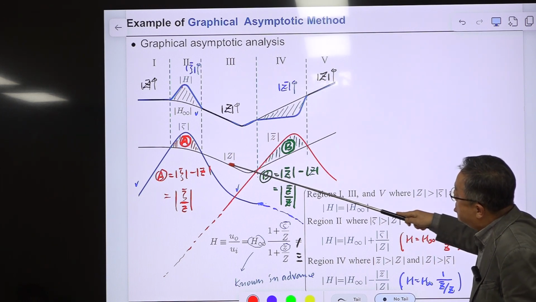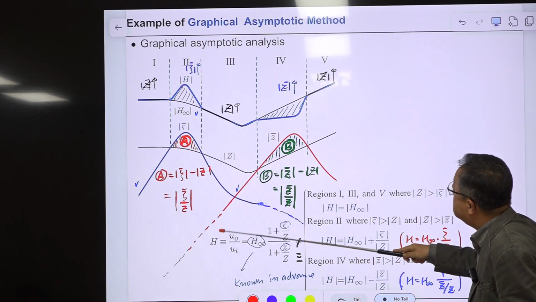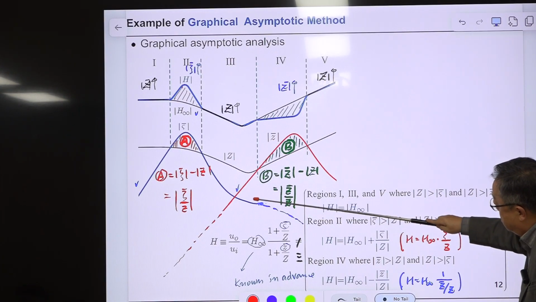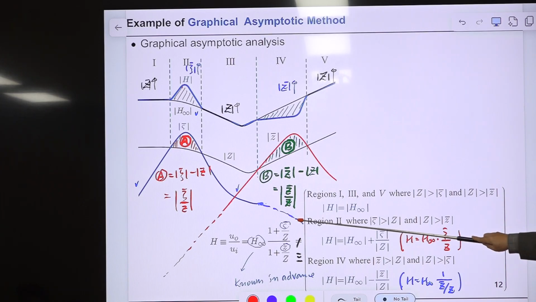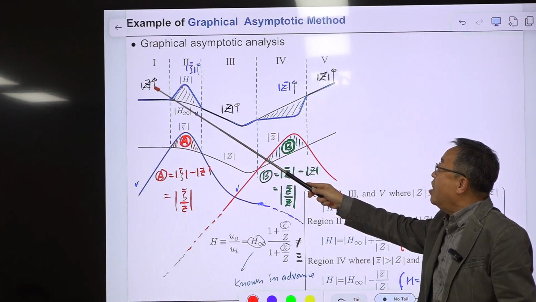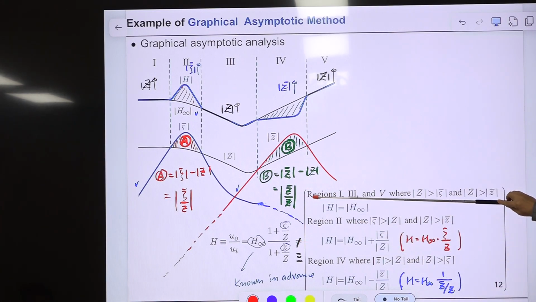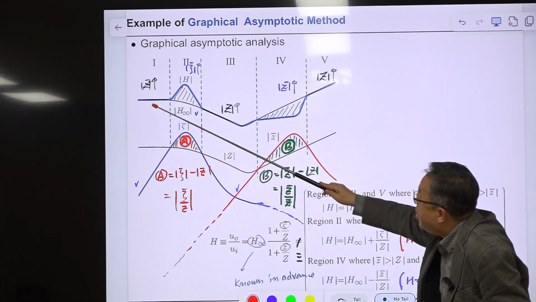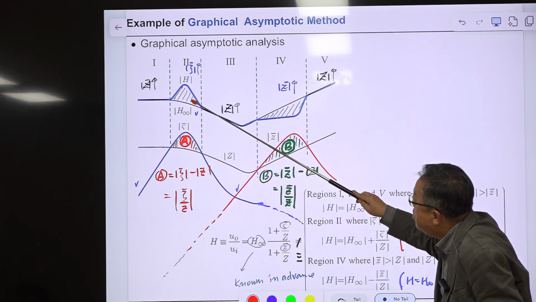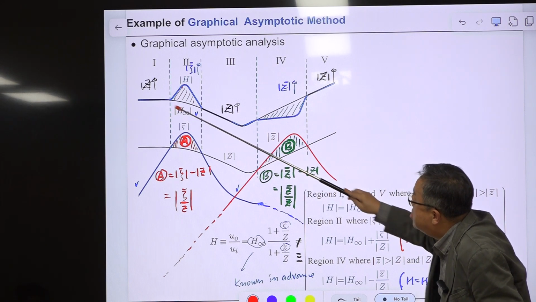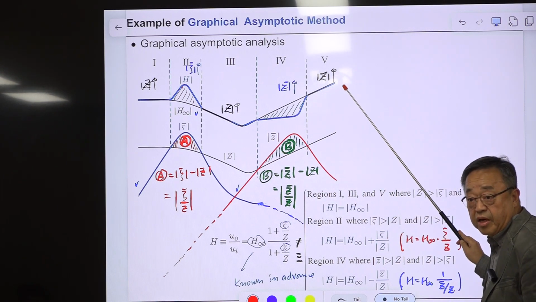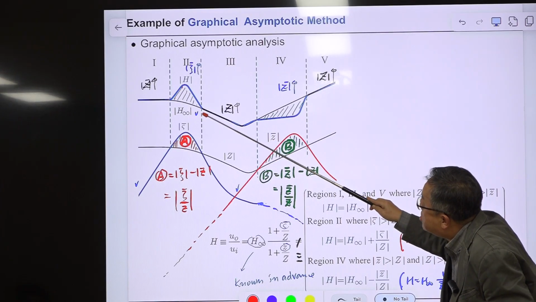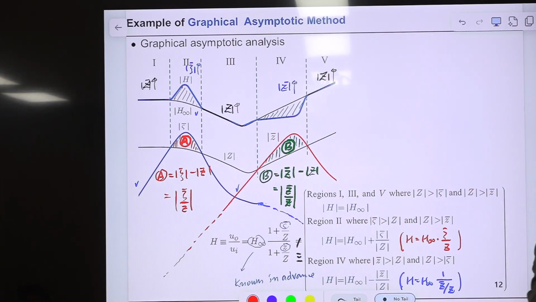and in this part, G is much larger than this. In this part, G is larger than this, and larger than this blue curve. It is going down like this. So for the intervals 1, 3, 5, we have this. During those intervals, H and H infinity are the same. So this is initially known, and the new H follows the original H in this region. Maybe there is some deviation in this part, but we don't care. That is not important. All right.